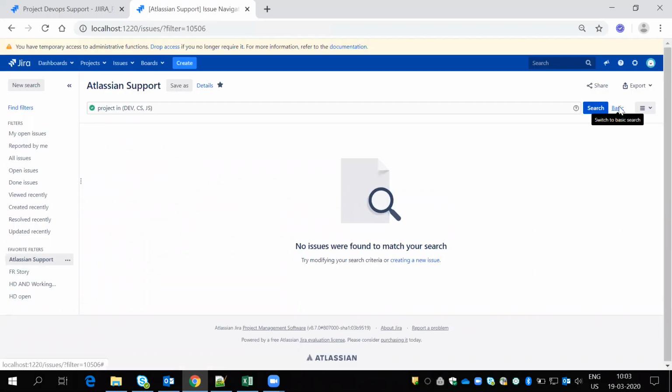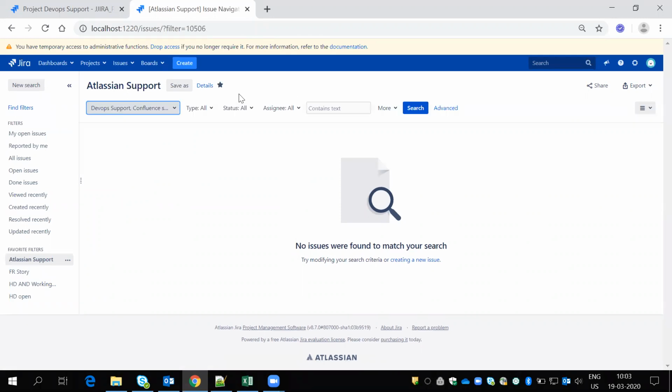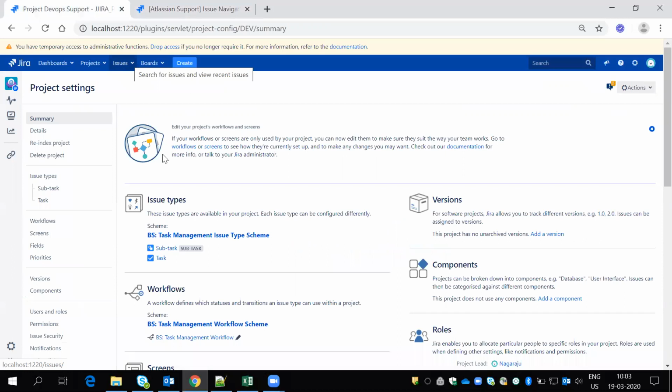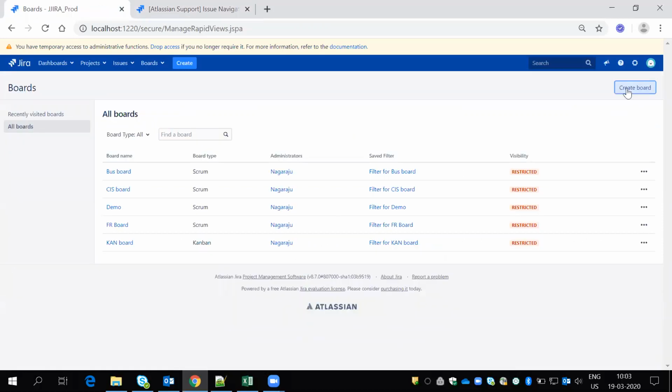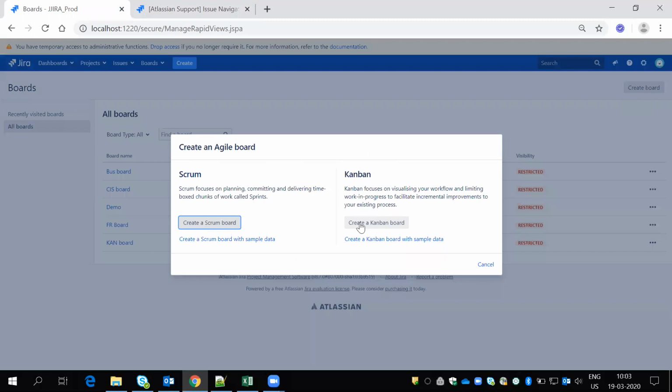Once you save these filters, you go to board, view all boards, and create board, Scrum or Kanban. Whichever you want, you just create that. Probably I'll go with Kanban.